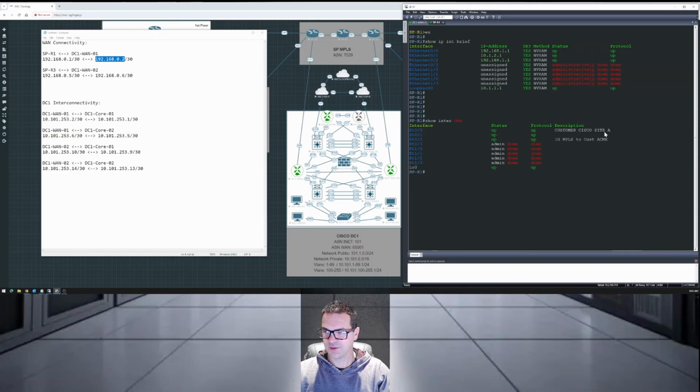So customer Cisco site A, we'll kind of follow suit with the description. So we'll go into interface E11. All right, we'll say description customer Cisco DC1. Okay, and we will give the IP address of